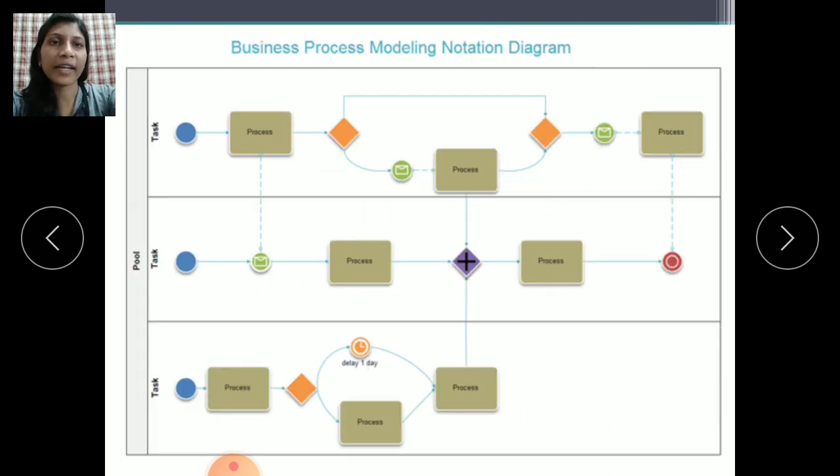This type of diagram is called a business process modeling notation diagram. It looks like this. It shows the processes we are using in our business in a diagrammatical format.